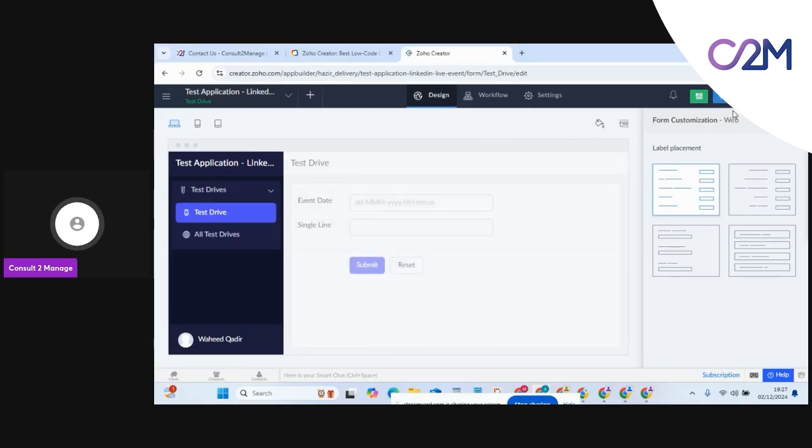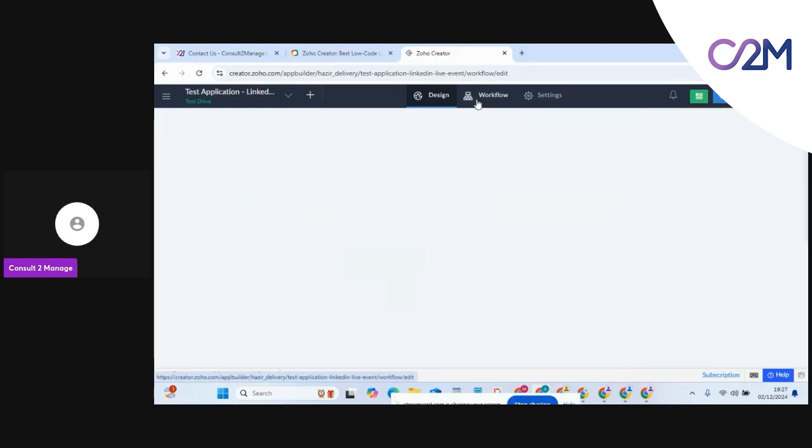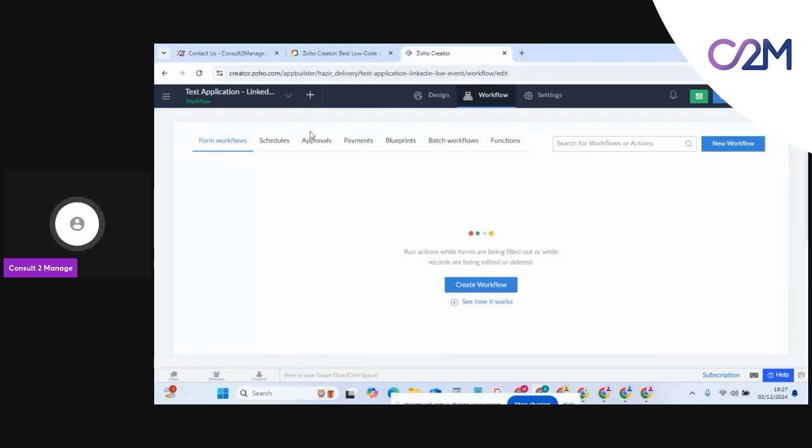Okay, now we got this. We can access this application. Before we access it, we will go to workflows and go through some steps there. In the workflows, on what we have built, we can set up automations on those fields and values. Not just this, we have the options of blueprints, schedules, approvals, payments, batch workflows and functions. So we can write custom functions for multiple purposes, and then we can access those functions through a Deluge script